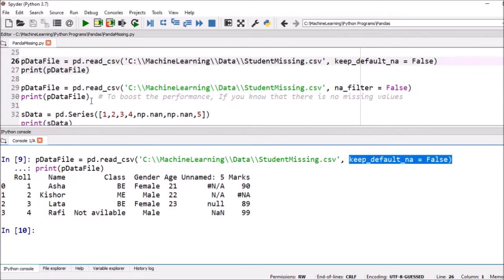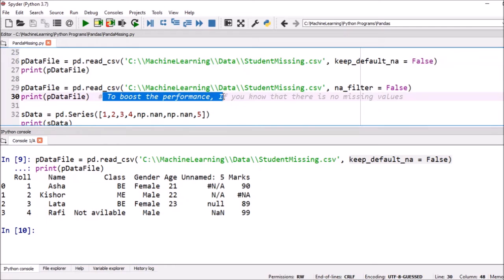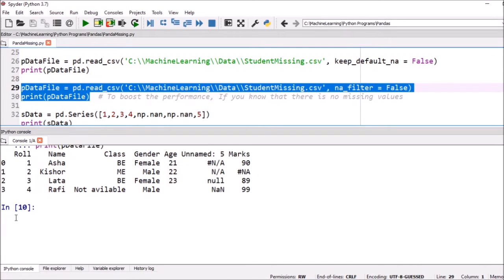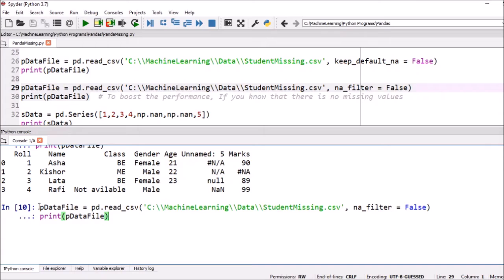Now here, to boost the performance, if you know that there is no missing value in a particular file, in that case we can execute this one. Suppose here, instead of student missing, we write this one, student, and we check whether any value is there.